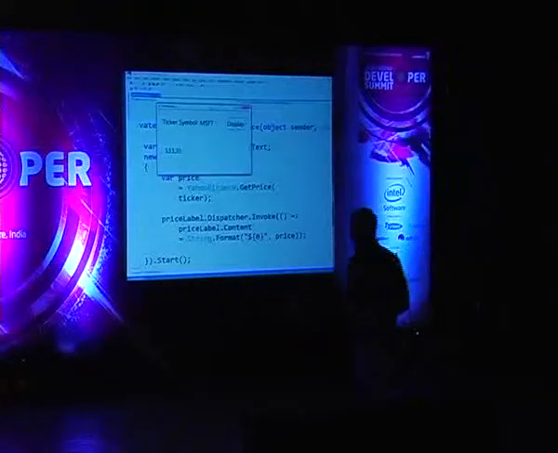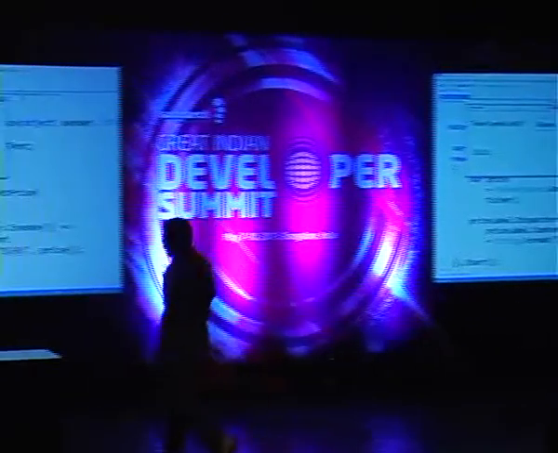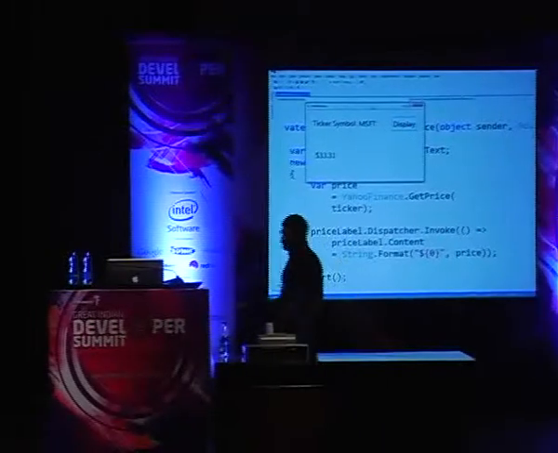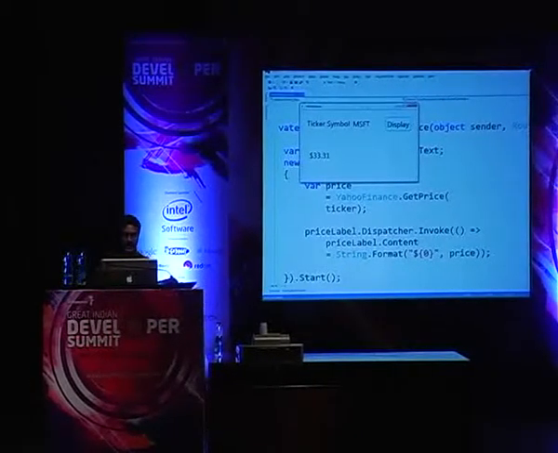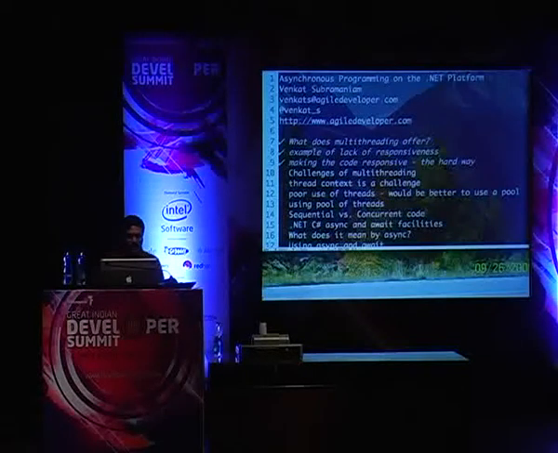So it's got to be a lot simpler than this. There are too many things that go wrong in this particular case. We got to fix it. So the application was responsive. The application gave the same result as before, but the code is, and this is a very simple case already, right? Even in the simplest of cases we can look at, we already have complexities creeping in. So what can we do?